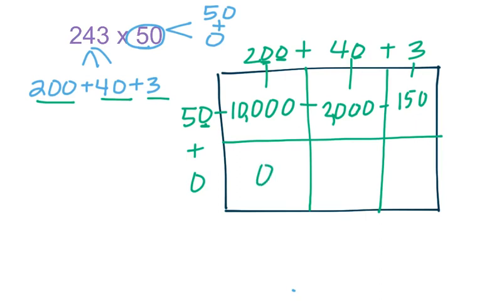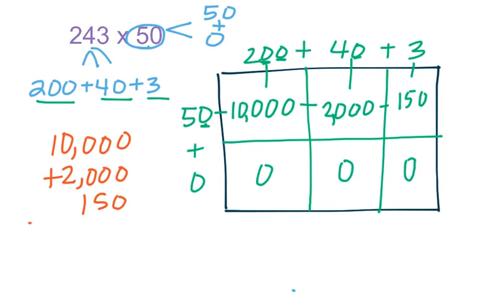So 200 times 0 is 0. 40 times 0 is 0. And 3 times 0 is 0. Alright, final step, I'm going to add everything up inside. So I've got 10,000 plus 2,000